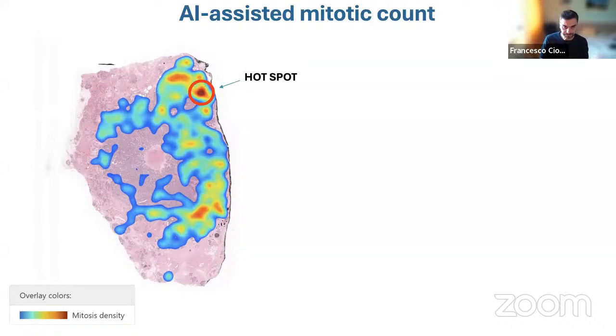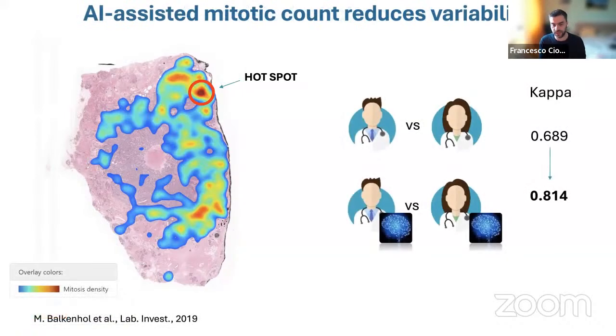So we did a study, again a small study, with 2 pathologists and 90 breast cancer cases. And we measured the agreement on scoring, actually doing grading based on mitosis with and without AI. And we measured the kappa, so kappa is a metric of agreement, without AI. And it was pretty much in line with what we saw in the literature. And then we gave the AI to both pathologists. Essentially, we showed the hotspot, and we saw that the agreement increased, which was expected because, of course, you pointed them to exactly the same location.